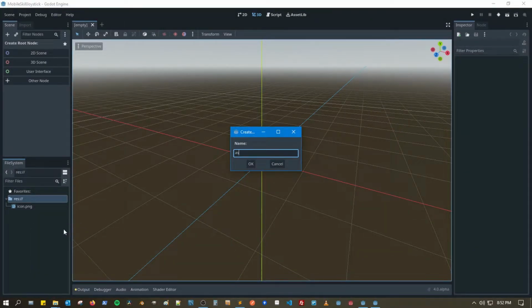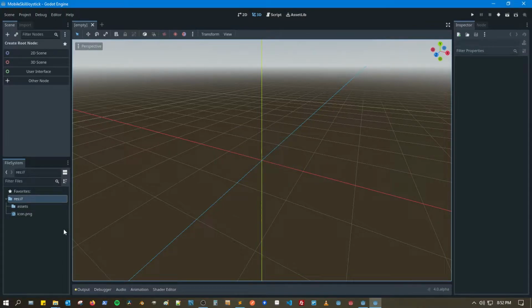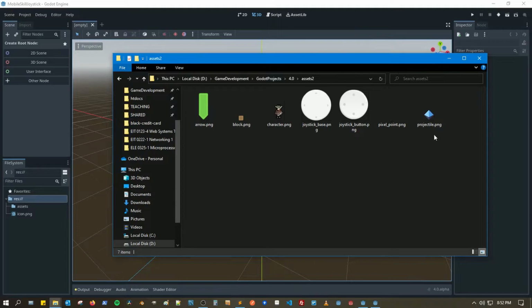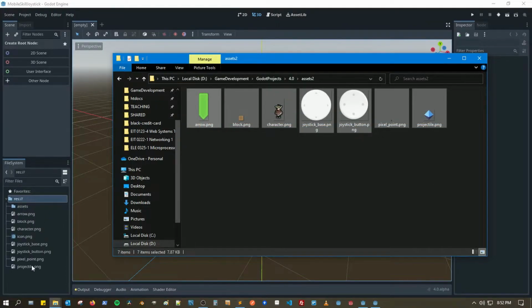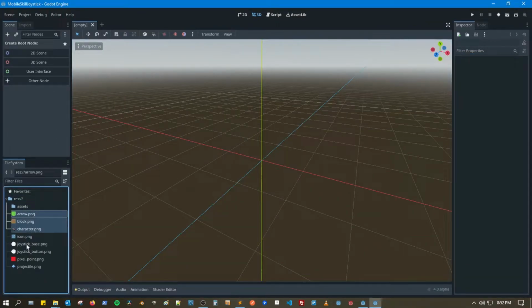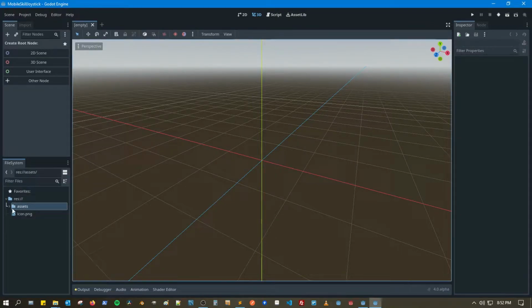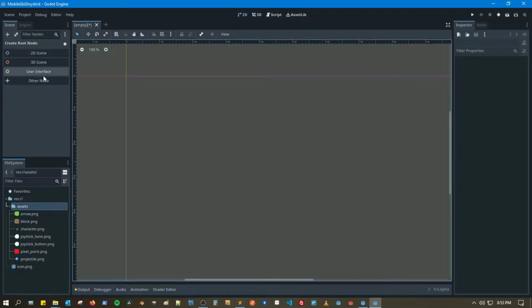First up, let's create our asset folder. Then let's have these different kinds of asset: our arrow, our blocks, our character joystick, button, and our projectile. This pixel point will be used for our debugging. So let's drag these sprites, and then move them to our asset folder. Then let's create our first node,